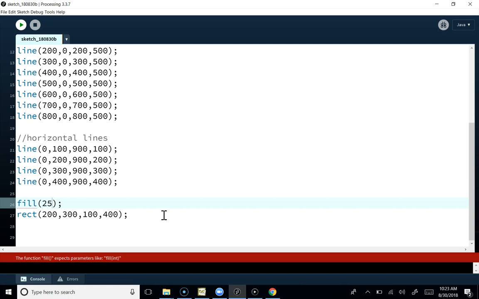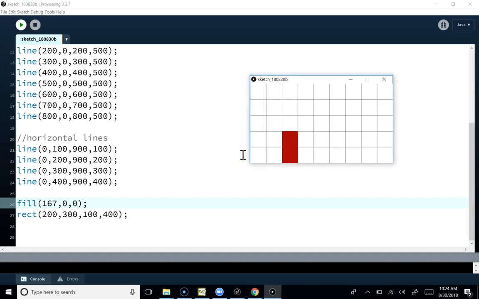255, 0, 0. Good. They're red. Oops, 255, 0, 0. That's going to make it really red. I'm going to tone this down a little bit. I'm going to go with 167. I just guessed. Okay, so